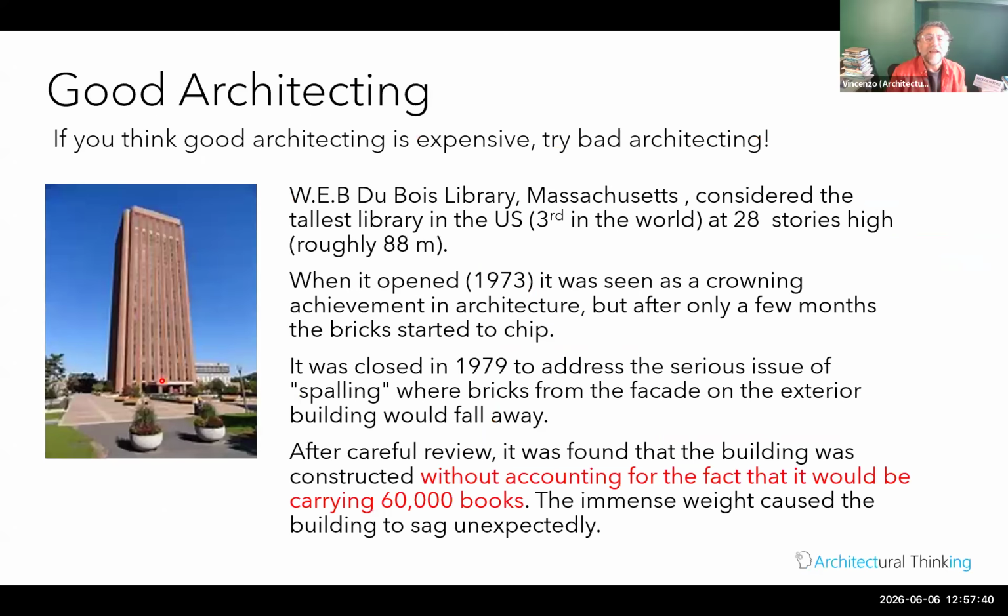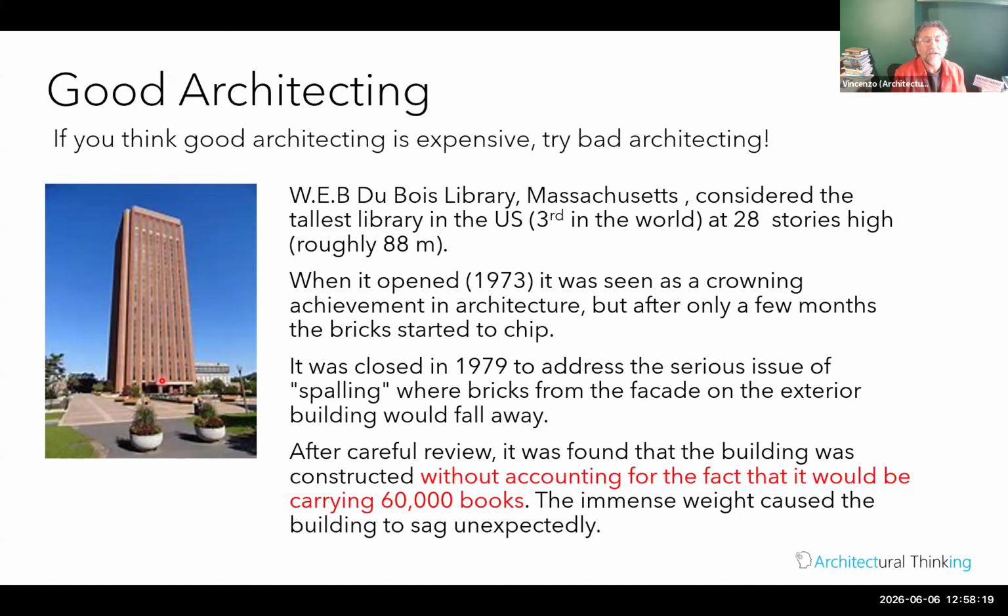Right, so I like to use this example when I talk about quality of systems and the fact that thinking about quality ahead pays off. This is a library which at the time was the tallest library in the United States, opened in 1973. At the time it was considered to be a really leading library, with a great user experience for the readers that came into the building to read a book or borrow a book.